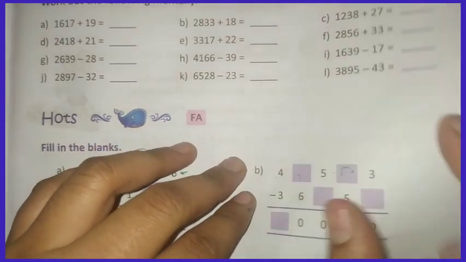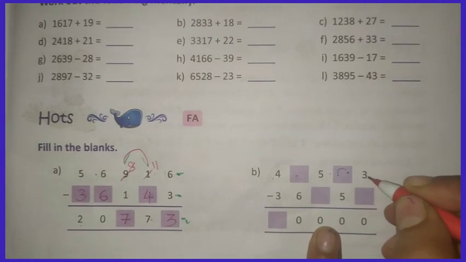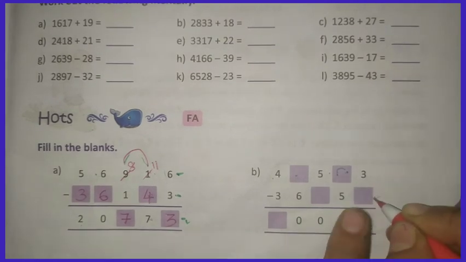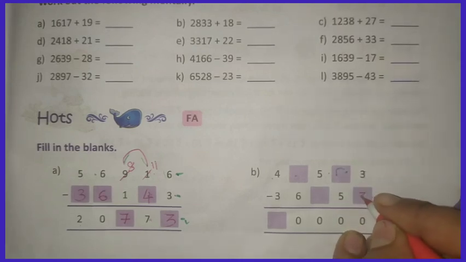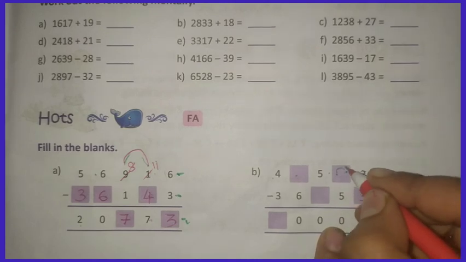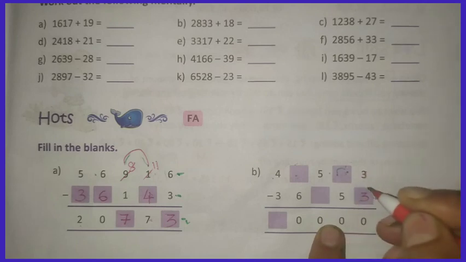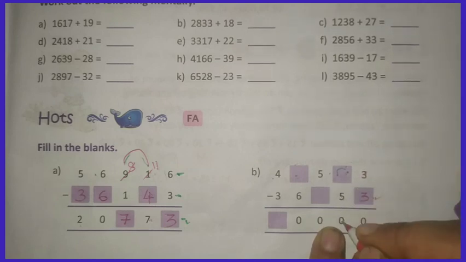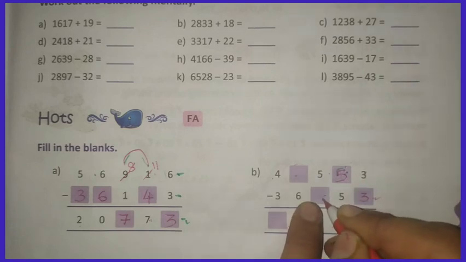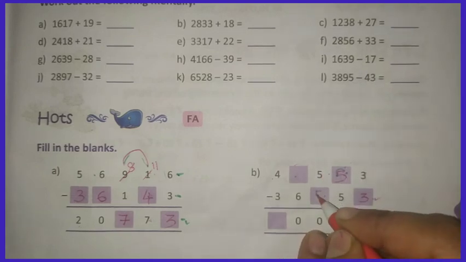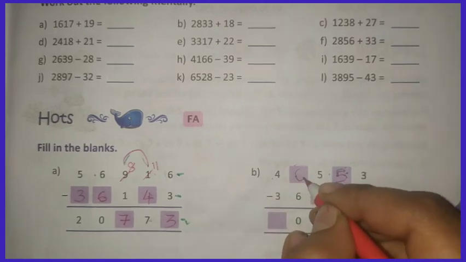Okay, I will explain this also. On the back side again two problems are there, you have to do that one. Look, middle number not given, smaller number not given, so we will do subtraction only. 3 minus 0 is 3. Here the above number is not given, if the above number's digits are not given we have to add these two. 5 plus 0 is 5. Here the smaller digit is not given, so 5 minus 0 is 5. Above not given, so 6 plus 0 is 6.